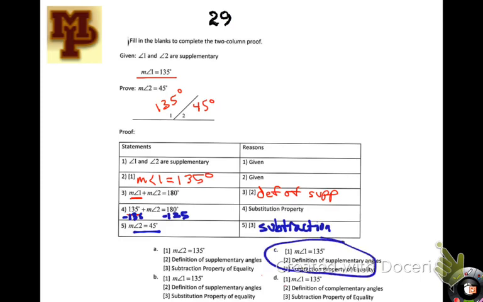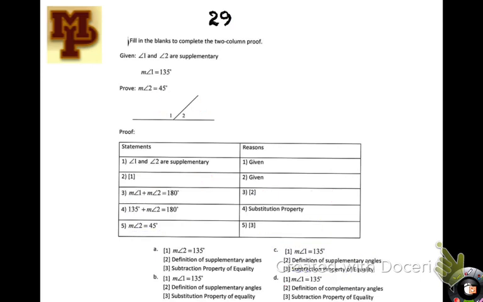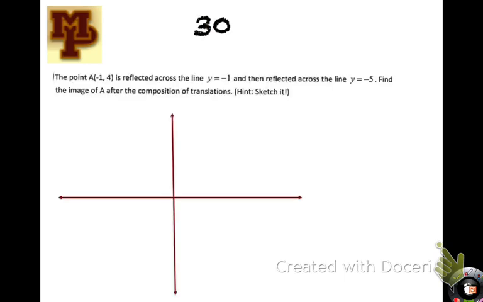All right, let's see if I can find my page. I haven't found it for a long time. Okay. All right,